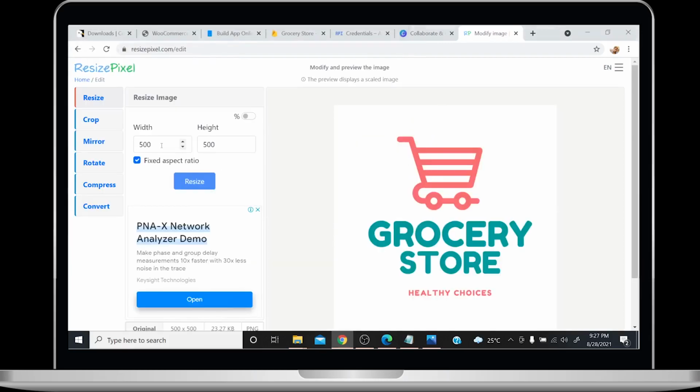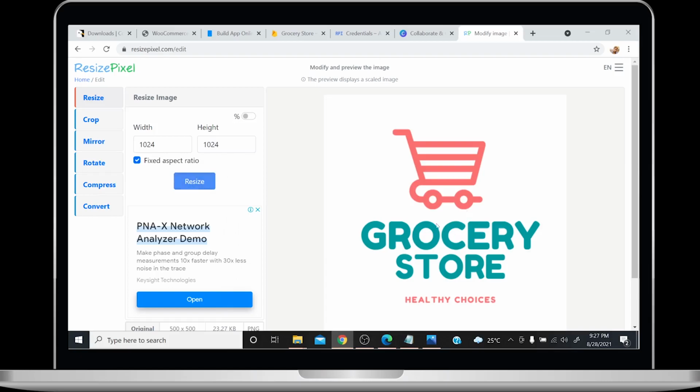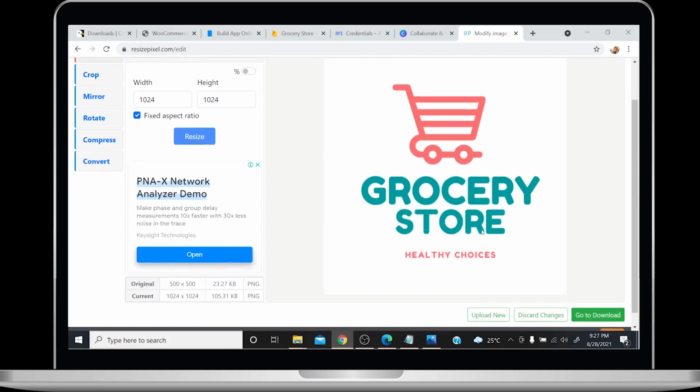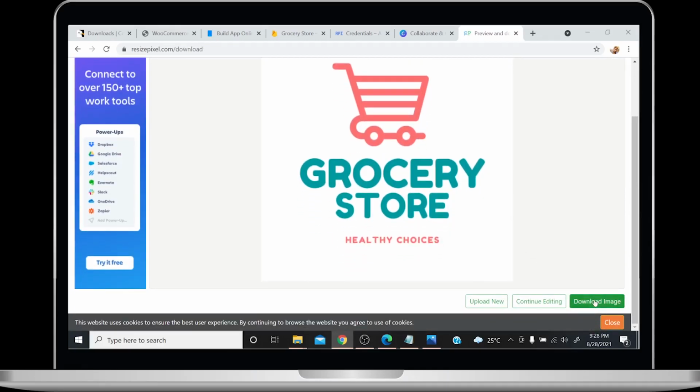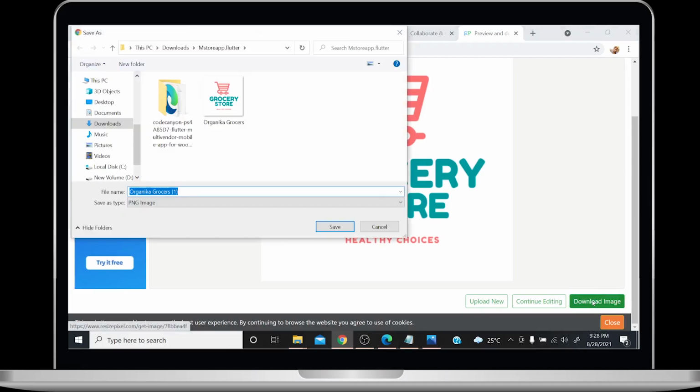Now on this page, on the left side, input the size dimension you need, which is 1024 pixel by 1024 pixel. Click on resize. Now on the right side bottom, click on go to download. Again, click download image. And now save your logo.